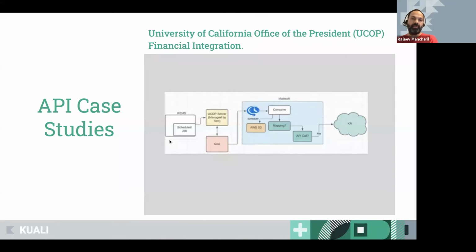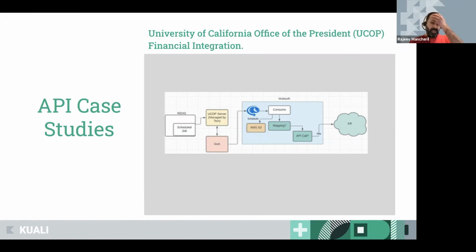Here is an example from University of California Office of the President, UCOP, where they're doing their financial integration as well as synchronizing the sponsors with their RAMS. I think it's enterprise management system.